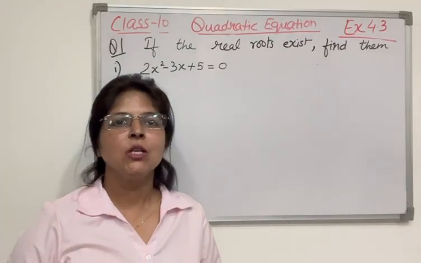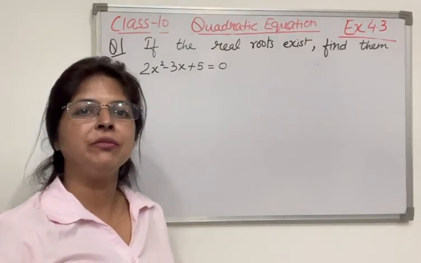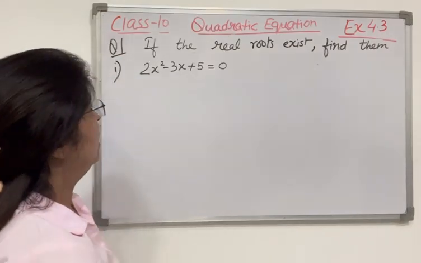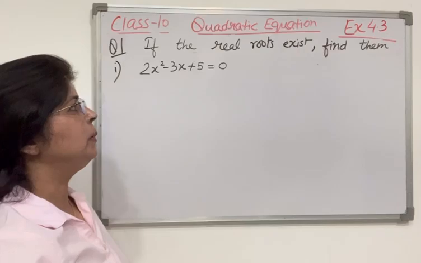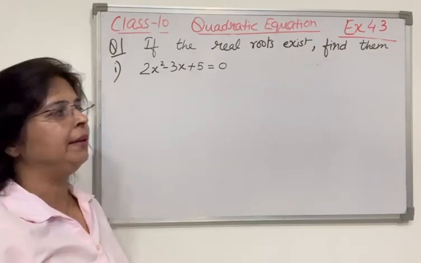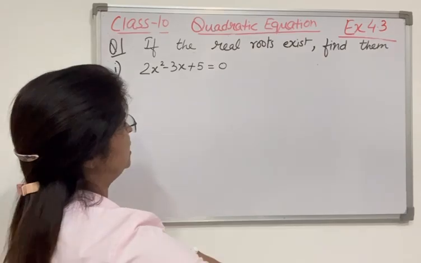Hello everyone. So today we are going to start exercise 4.3 and let's do its question 1 first part. The question is, they have given you the quadratic equation and you have to find if the real root exists and if yes, find them. So before coming to the solution, let me tell you how you will check it,